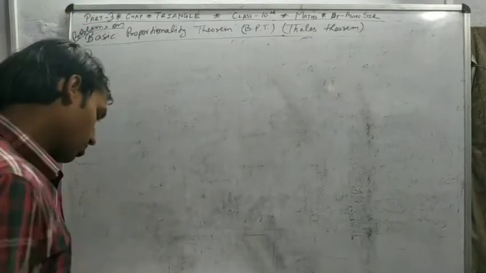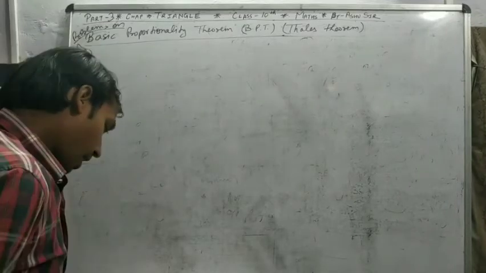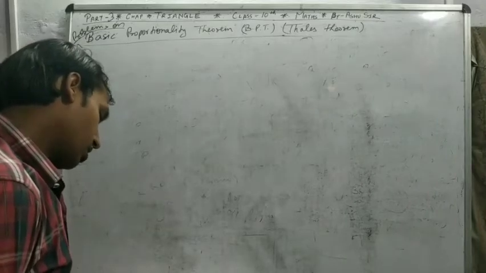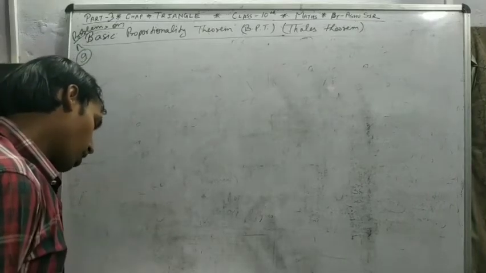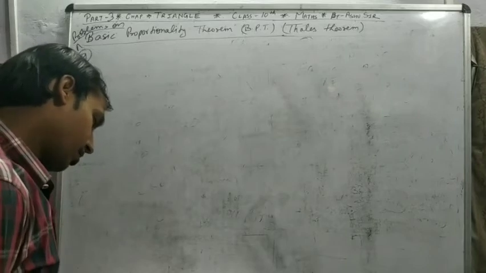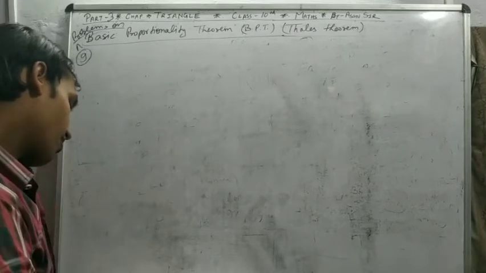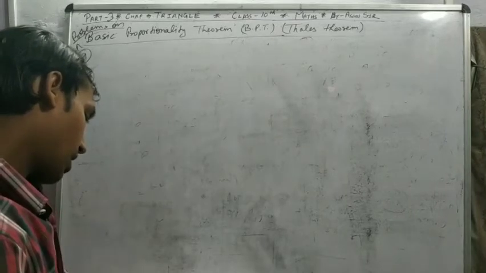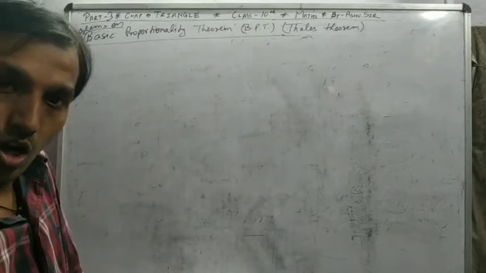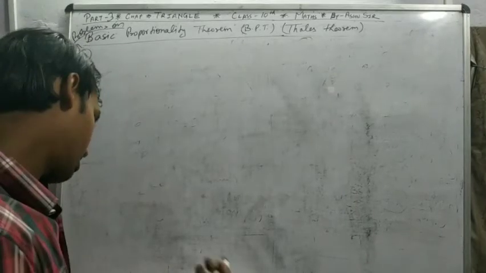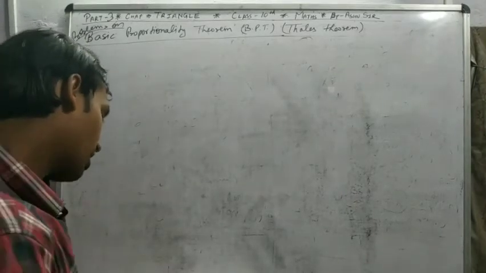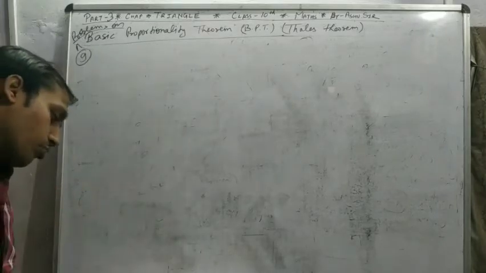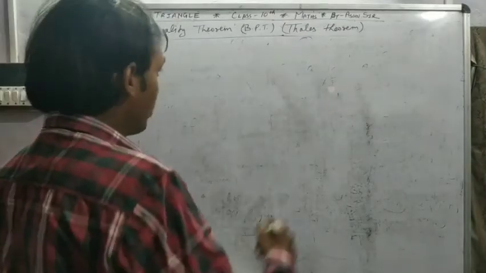Let's see one more question on the BPT. ABCD is a trapezium with AB parallel to DC. E and F are 2 points on non-parallel sides AD and BC, such that EF is parallel to AB, so that AE upon ED is equal to BF upon FC. Same type of question. In a trapezium, any line parallel to the sides of a trapezium divides the non-parallel sides in proportion.